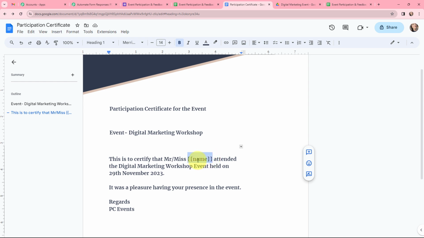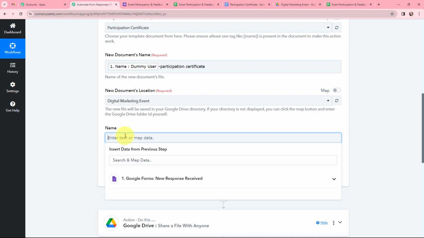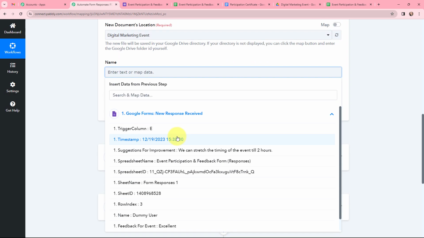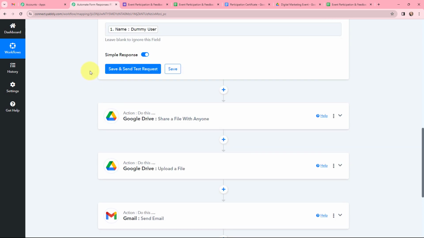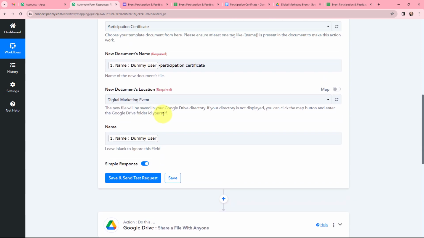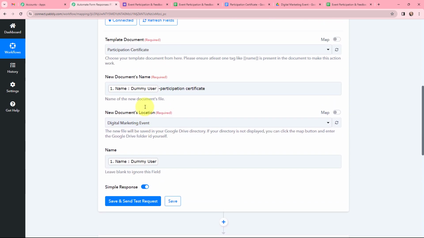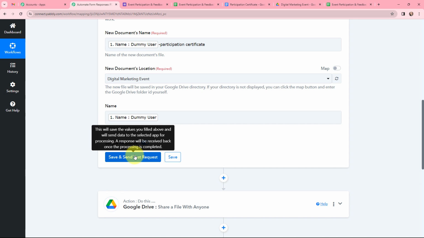That means this name will keep on changing accordingly as per the new response that will be received. So here in Pabbly Connect, in the field of name, I'm going to map the name of the student. So here I have mapped it. So now over here, as I've mentioned all of these details, I'm going to click on save and send test